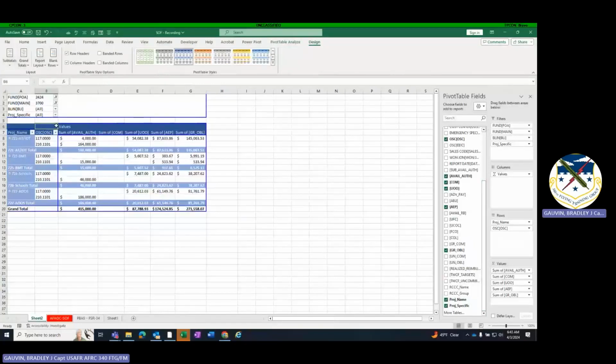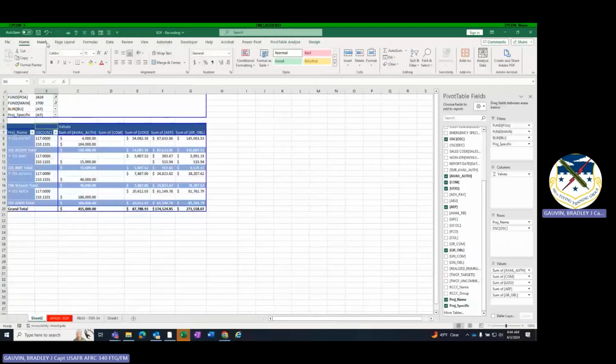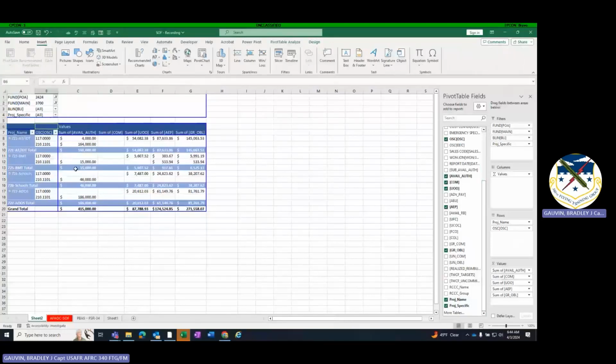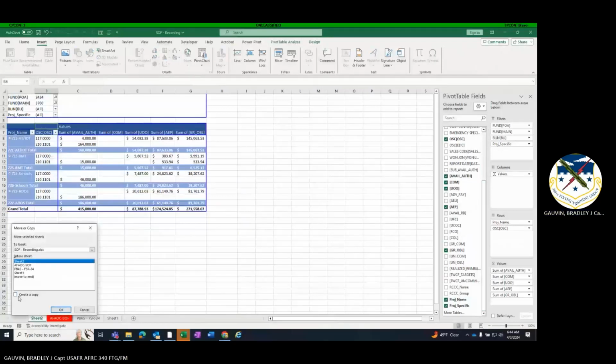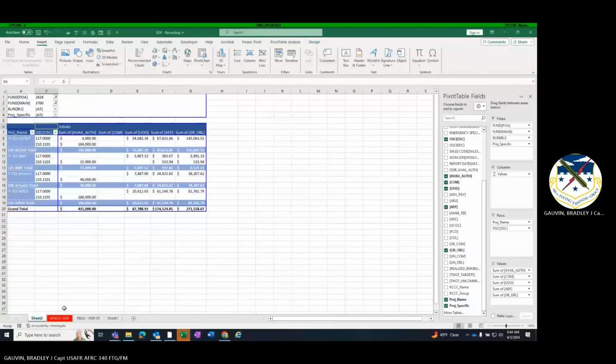one thing I would recommend is don't keep clicking on Insert New Pivot Table, because when you do that, it builds a new cache for that next pivot table. Instead, what you could do is right-click and click Move or Copy, and create a copy and move the sheet before the next one,